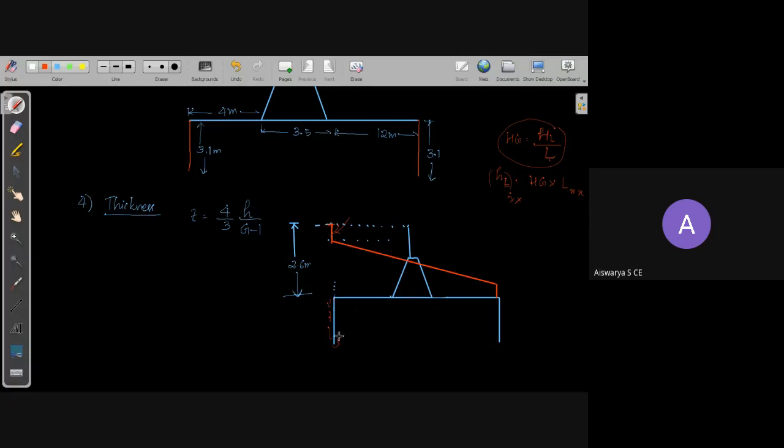When water percolates from top to bottom and bottom to top of this vertical wall, along this vertical wall, what is the total distance? Total distance is 2 times d. On one side, going from the top to the bottom, it's depth d, and traveling again from the bottom to the top, another d, so 2 times the depth of the cutoff wall. So the total distance traveled by the water for this head loss